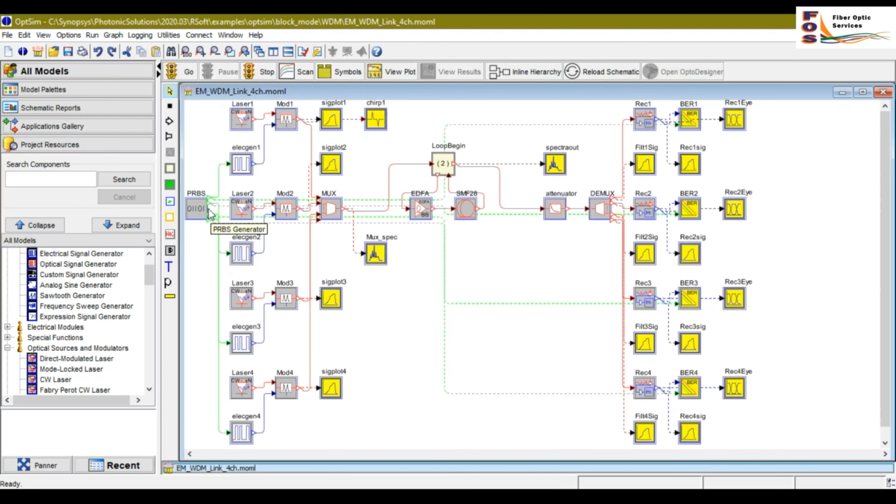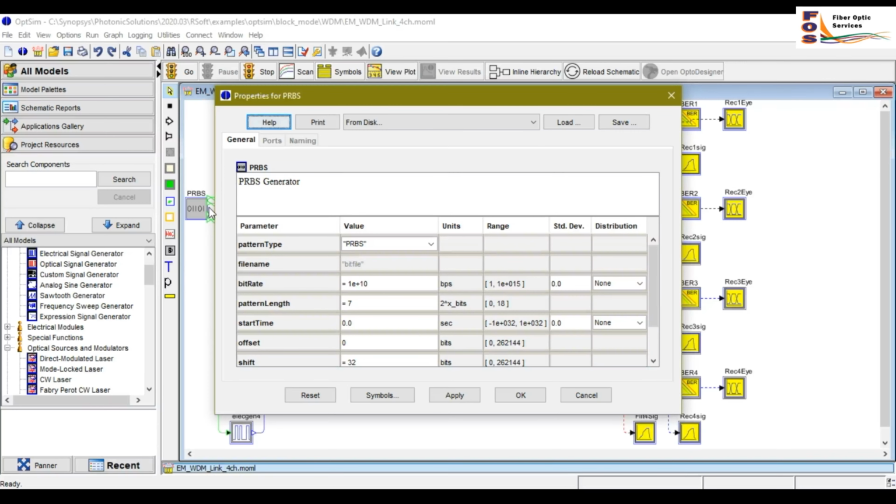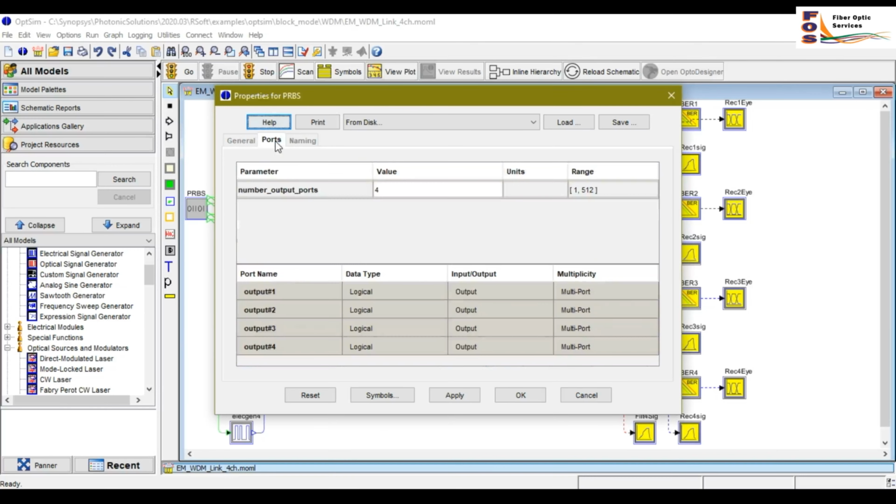the schematic. As you can see, the PRBS block generates 4 separate output binary sequences. If you go to the properties of the PRBS generator, ports, here you can set the number of output ports. Since we are dealing with 4 channels, we need 4 output ports.